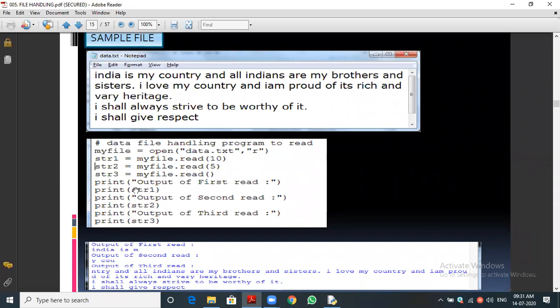The next one, str3 equal to my file dot read. We didn't mention any character limit. Then what will happen?